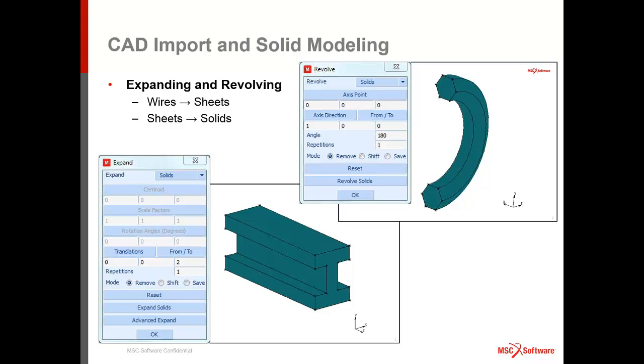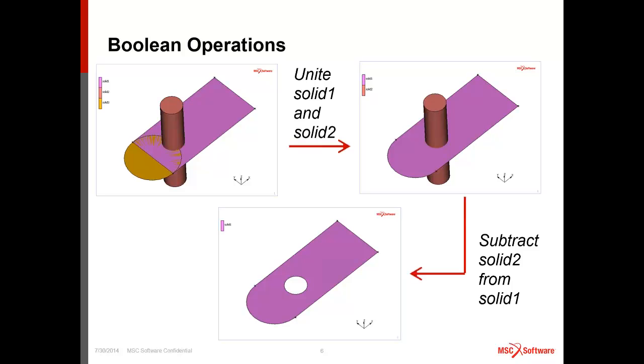The other thing is because it's all in a unified solid representation, we can do Boolean type operations. So again, if we think about these two sheets and a cylinder, we could basically unite those two sheets to get a single sheet, which will help us in terms of meshing. And then of course we can subtract the cylinder from the sheet and effectively drill the hole through this. So it's an easier way to do it, but the real